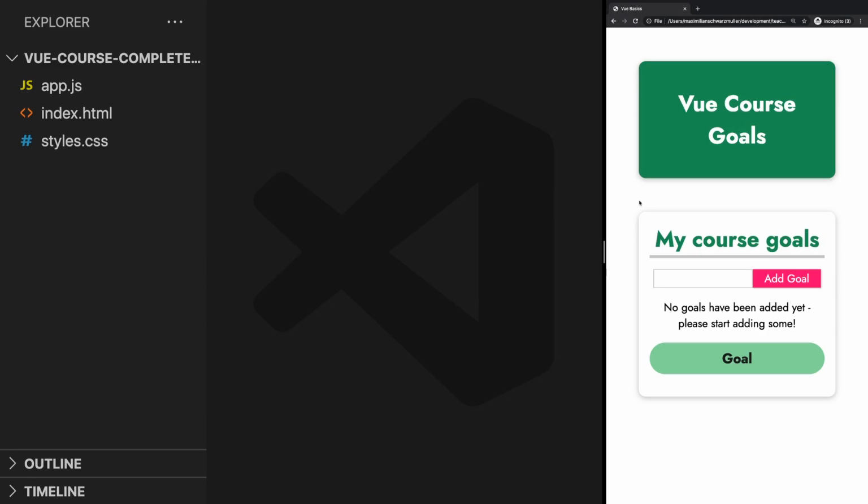So here's a little starting project with which I want to start. And what exactly is the problem here? What can we do with Vue to make this project better? Well, for one, my goal, no pun intended, is that we can add goals here, like finish the course, and when we then press add goal, currently nothing happens, that goal should be added as a goal in a growing